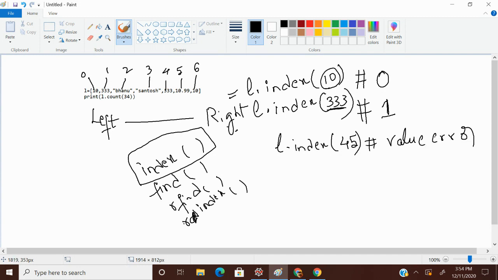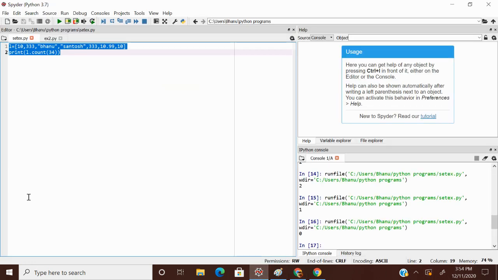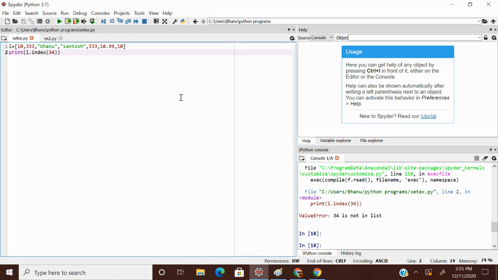Okay, let's check it out here in the IDE. The index method also returns something: index of 34. 34 is not present in my list, so it returns a value error.